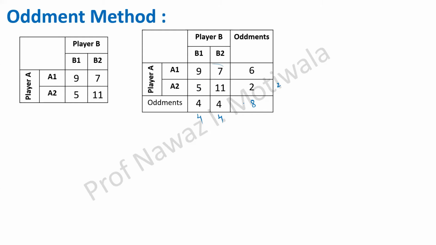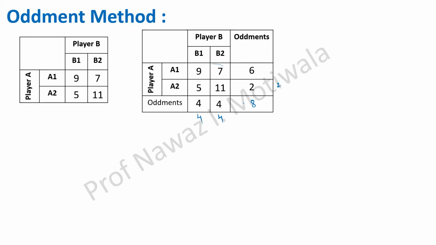Can I say that it is the number of times the game is played? Yes sir, chances of occurrence. Exactly. See, the game is played 8 times, for example. Out of that, 6 times the player chose strategy A1 and 2 times used strategy A2. Is the logic making sense?